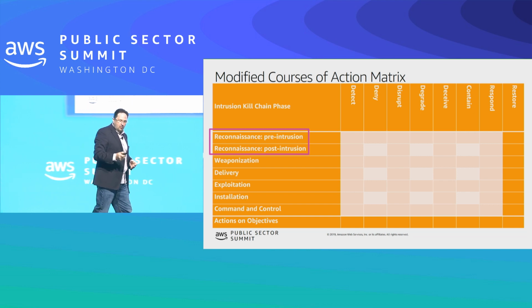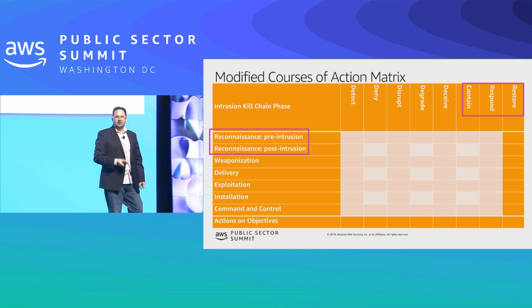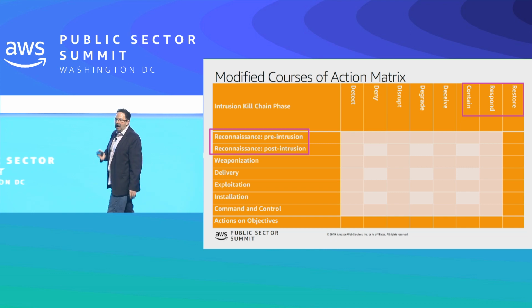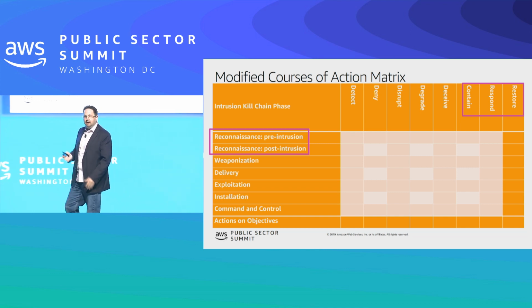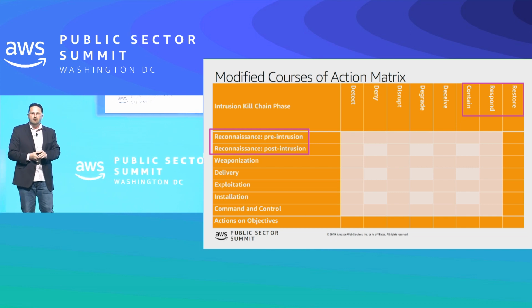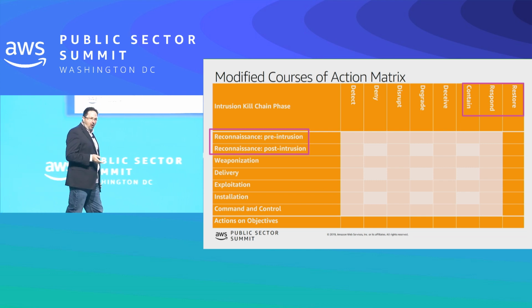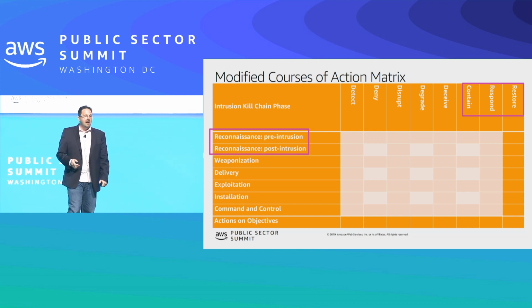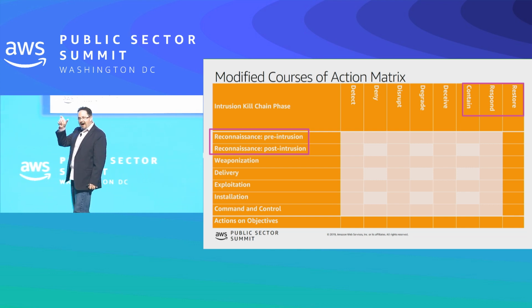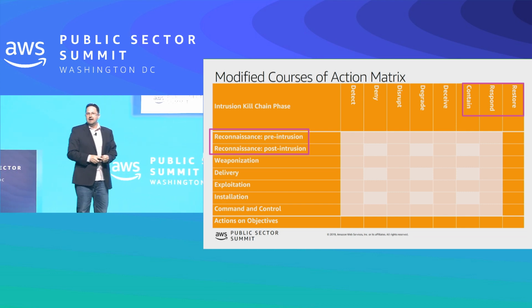The other thing I did is I removed destroy, because most organizations don't have a charter or ability to destroy their adversaries, really. I replaced it with some things that the cloud is really, really good at. So contain: once the bad guys get into your environment using one of those 5 ways that they initially compromise it, you're going to make it super hard for them to move laterally. That's what contain is. Respond: if things go wrong and they get in the environment, we want to have a response plan and response capabilities already.